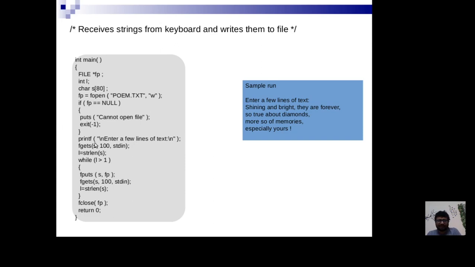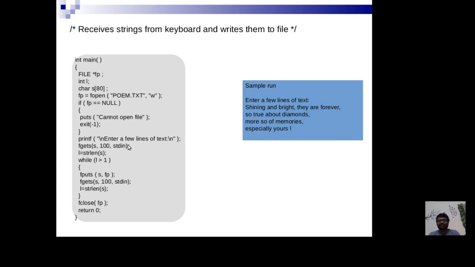So this printf statement asks the user to enter a few lines of text. And then the user enters something. And l is the length of the string that the user enters. Now, while l greater than 1. So when is l equal to 1? l is equal to 1 when the user just presses the enter key. That is, the user indicates that he or she does not have any more string to enter. If the user does not have any string to enter, then the user just presses the enter key, in which case l is equal to 1 and we will not enter the while loop. We will close fp and exit the program.